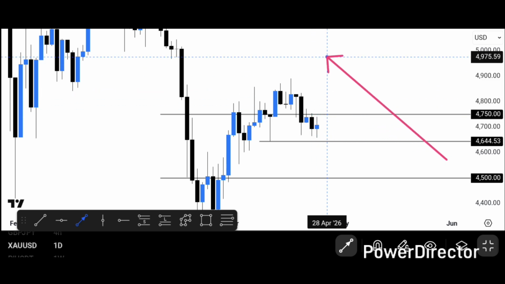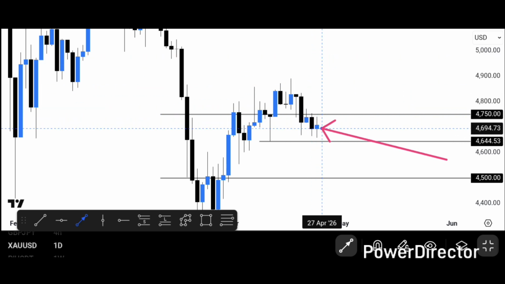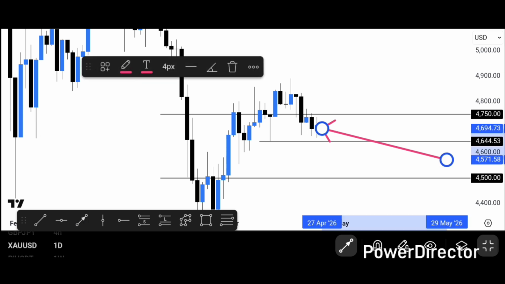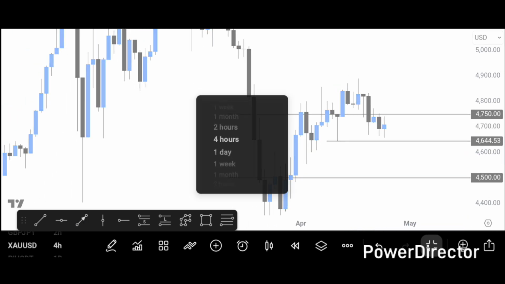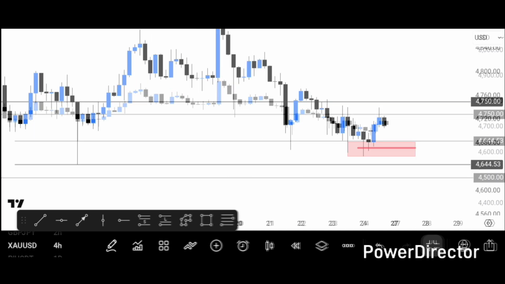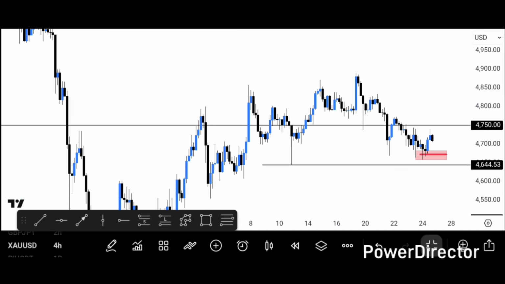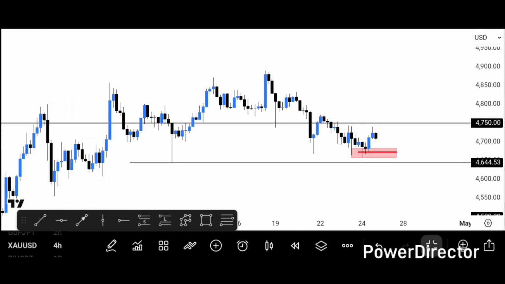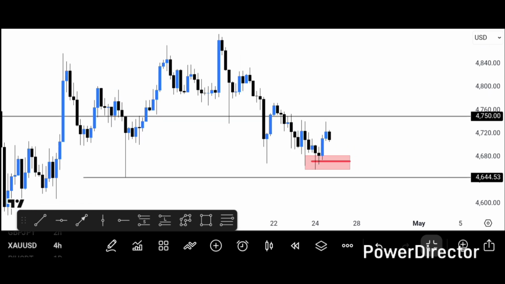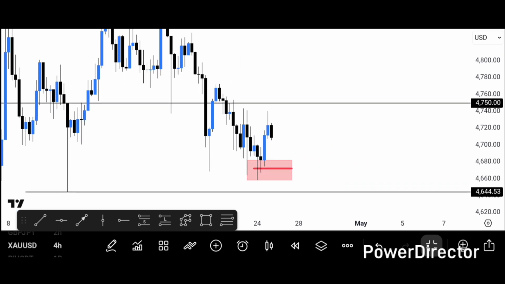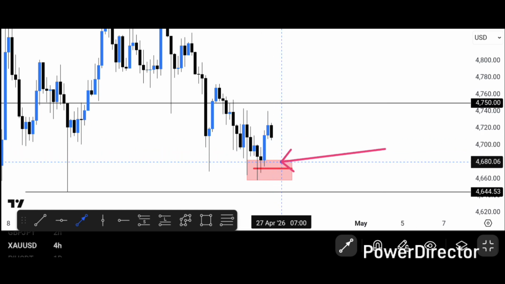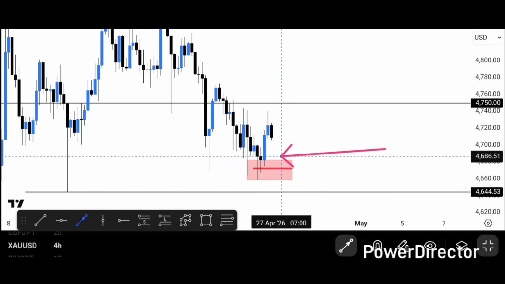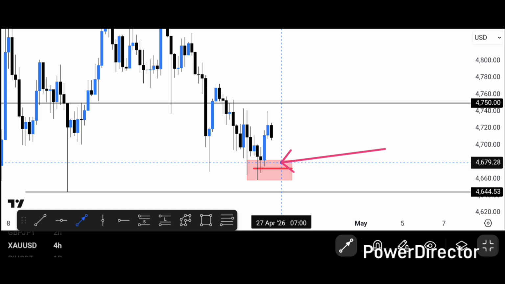If this is just a retracement, then what we are going to do is look for where price is going to use as a higher low zone. That's where the 4-hour and the 2-hour come into play. On the 4-hour, I'm waiting for price to give me a reversal pattern. If I get a double bottom here, that's why I had this zone here. If price drops all the way down to this zone,